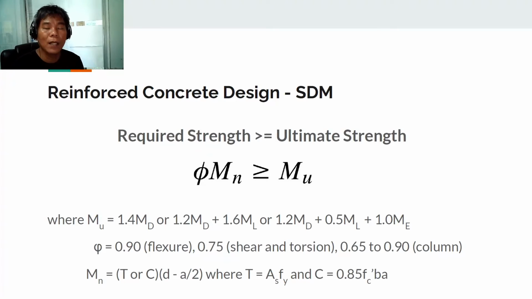Mn is the nominal strength, or the nominal moment in this case, which is normally taken from the internal force T times the distance between T and C, or C times the distance between T and C. The internal force that I discussed to you earlier. And the tension T, if it is reinforced concrete, should be equal to the area of the rebar times the tensile strength Fy. And for the compressive strength, you can compute for the compressive strength in terms of the dimension